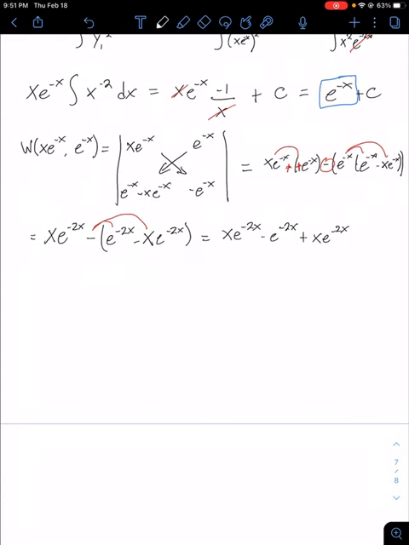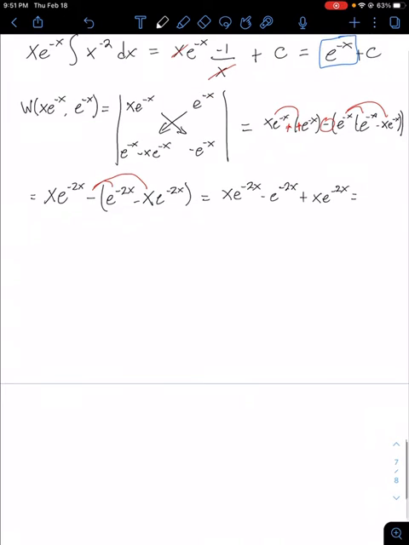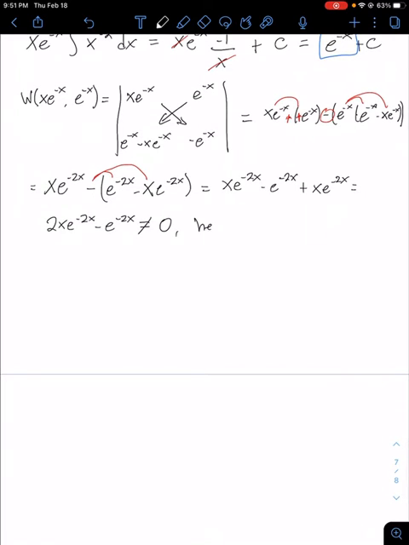And so these two are going to add together. So it's going to be 2x e to the minus 2x minus e to the minus 2x, which does not equal 0. Hence, the functions form a fundamental set of solutions